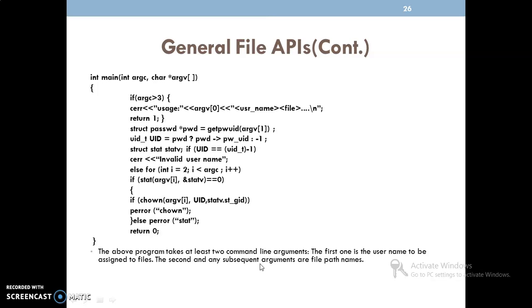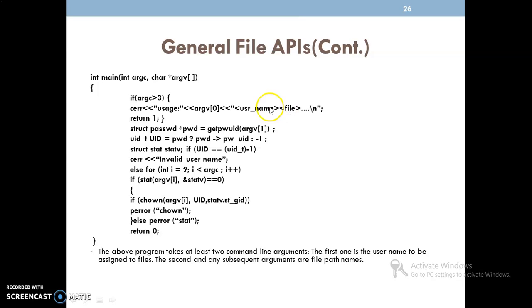There is one small program taken here with respect to this. As per this example, the minimum number of arguments we require is 4. One is the command to be executed, second is the username, and next is the file name.